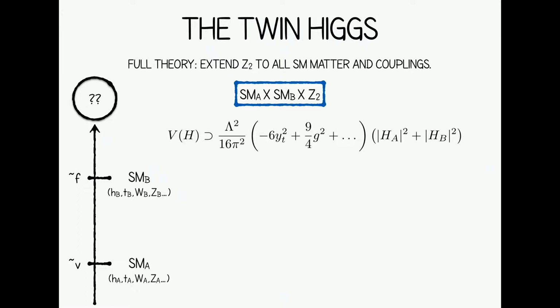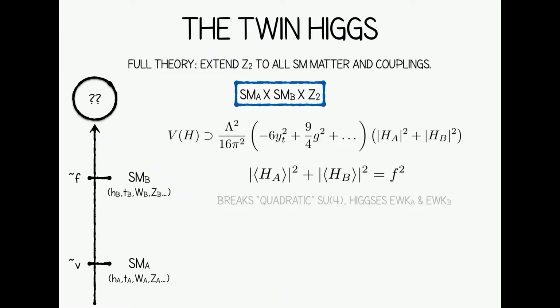So now we get what looks like a quadratic divergence, the normal quadratic divergence for the standard model Higgs doublet, and the same quadratic divergence for the Higgs doublet in standard model B. And so lo and behold, everything is multiplying what looks like not two separate invariants of two separate SU2s, but in fact something that looks like an invariant of an accidental SU4. Okay, so now you're starting to see the sense in which this might help with the standard model